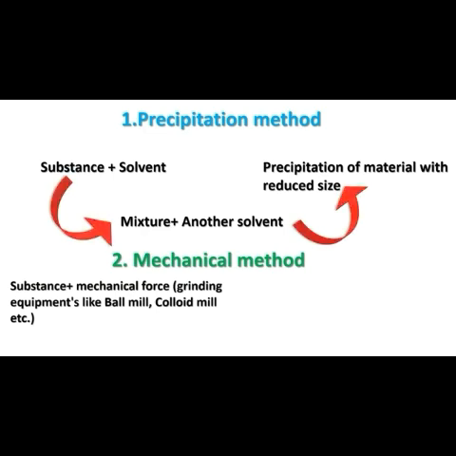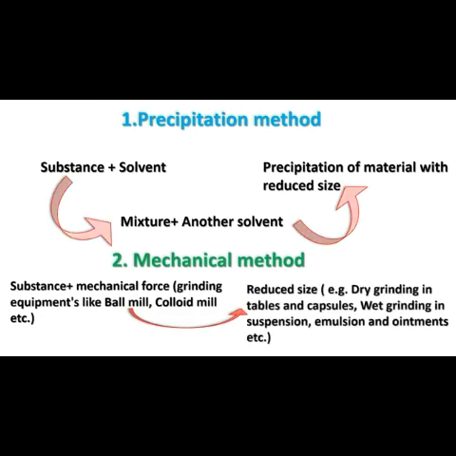And the second equipment is roller mill. The action of roller mill is compression, and the product size of roller mill is 0.5 to 0.01 centimeter, same as cutter mill. And the roller mill is used for soft material, cracking seeds before extraction, and it is not used for abrasive materials.